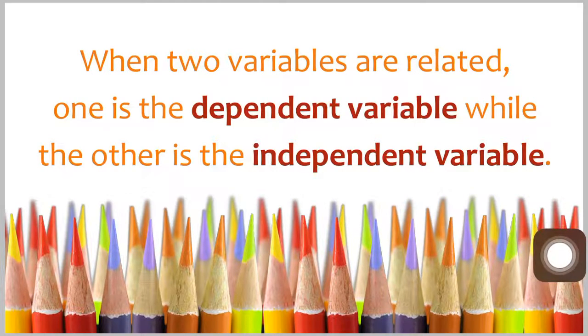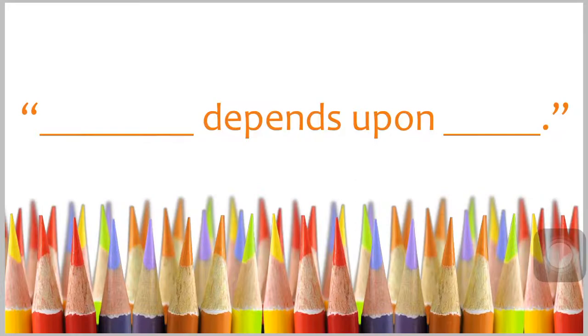Now here's a technique on how to check which one is the dependent or which one is the independent. We use this fill in the blanks. Blank depends upon blank. The first line is for the dependent variable. The second line is the independent variable. For example,